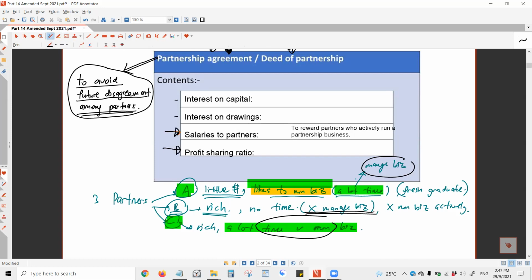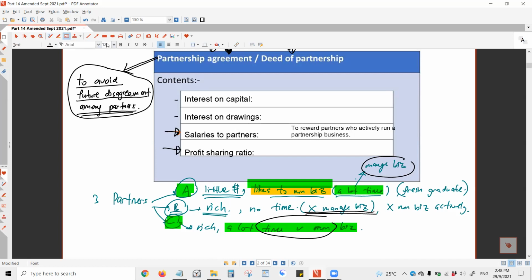If all the five of us are partners, then we should deserve the money that is earned in the business, right? So how are they going to share the money earned in the business? We need to set it down in advance. We must agree in advance how much I will take, how much you will take, how much Ginger will take, how much Joey will take, when the business makes money. This is the profit sharing ratio.